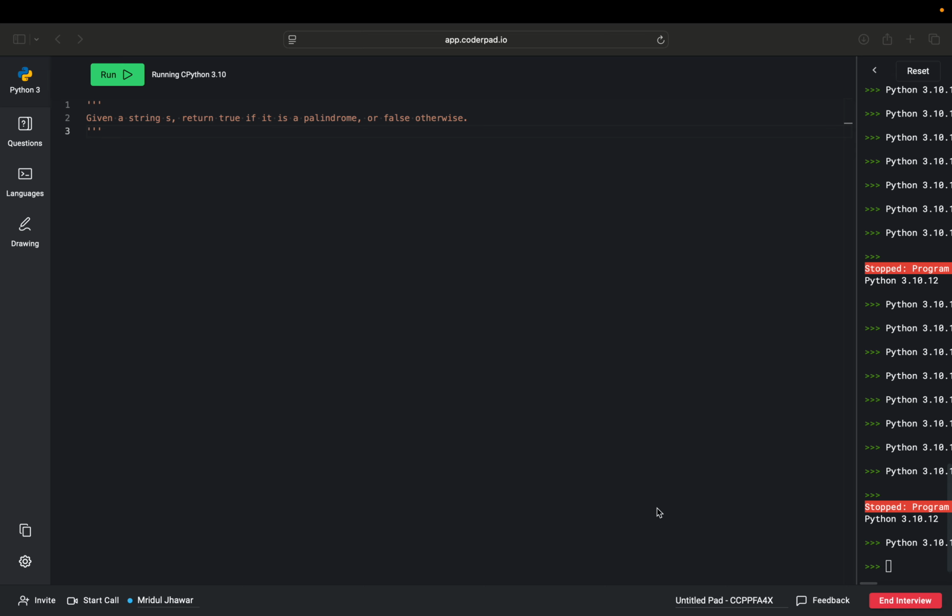All right. So 20 minutes started, and the first question is: given a string, return true if it is a palindrome or false otherwise. So our input here is a string, and we have to report output which is true or false, a boolean. Okay. Since it's a string input,